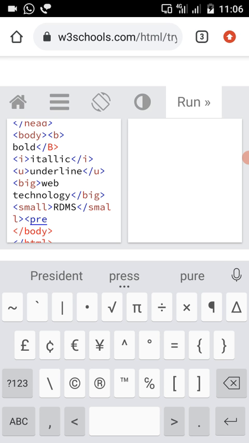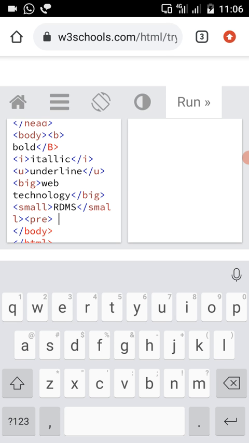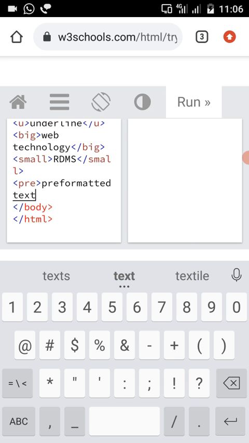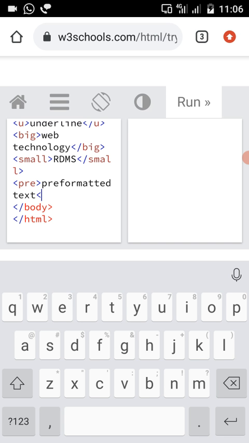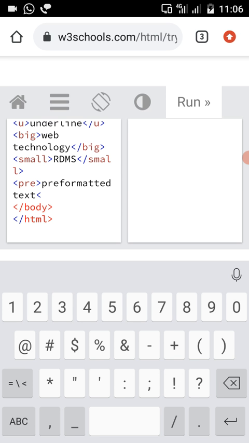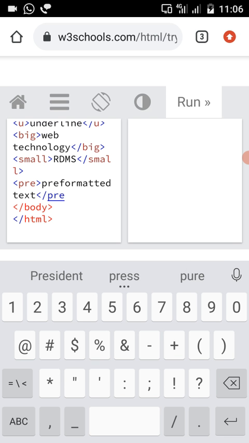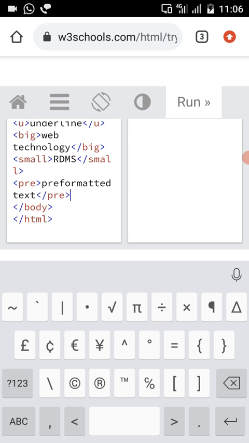This is also a paired tag. I'm going to write some text like this: pre-formatted text. This pre-formatted text should be written in between these tags for representing your text in pre-formatted text.